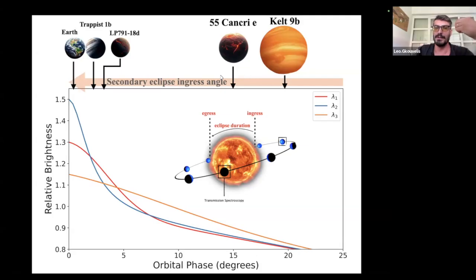But when we are entering rocky exoplanets, specifically more temperate ones, like the TRAPPIST-1 system, or even Earth, which I'm showing here as an exoplanet, you see that the evaluation is going to be very close to zero, so very close to the opposition. So it actually matters to include this effect.